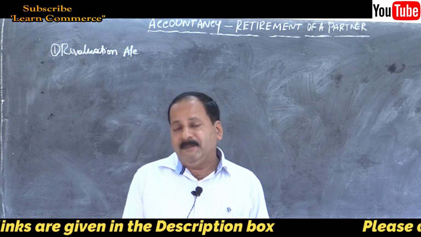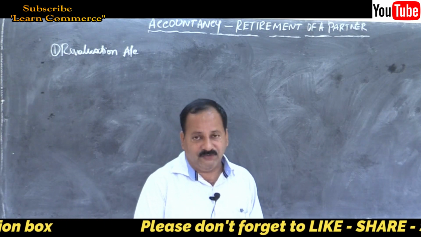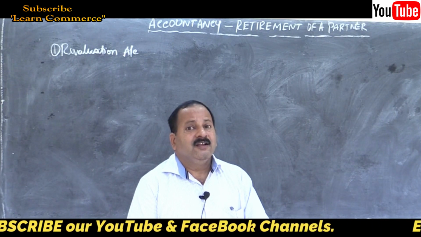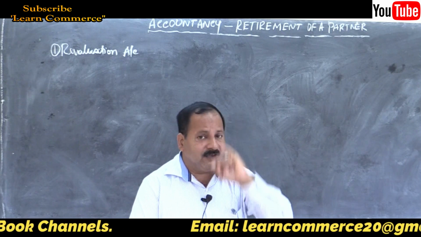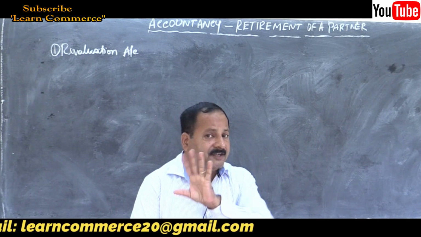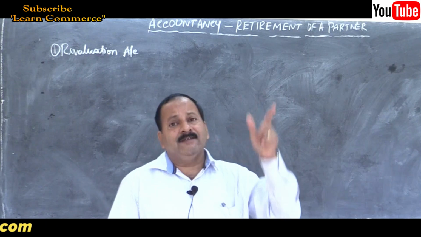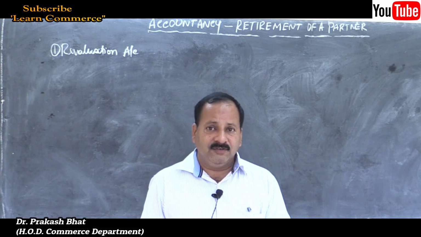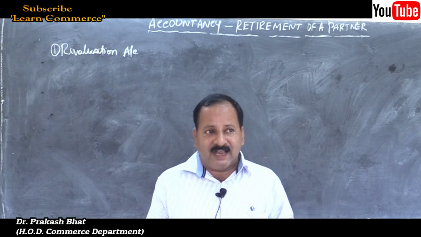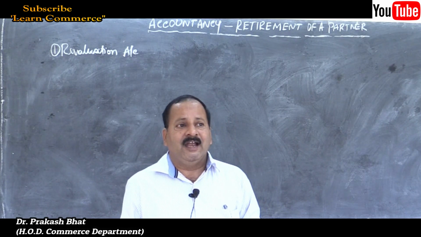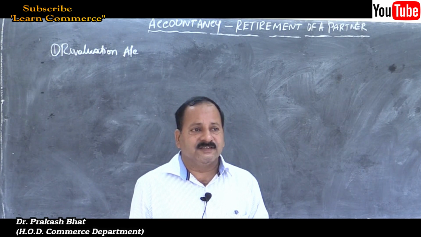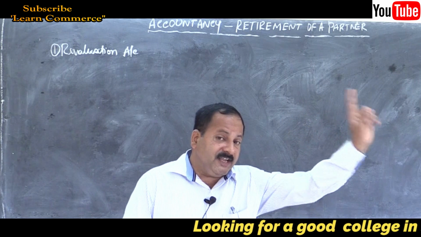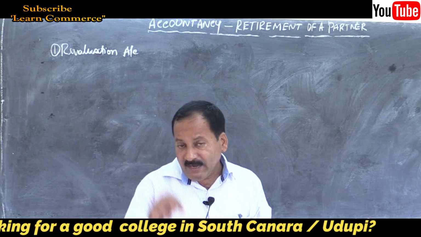As you have already solved many problems on that, you are very much aware of it. In the same way we will prepare revaluation account. We will see the increase in the values of assets and decrease in the values of liabilities. That part will be credited to revaluation account, and increase in the values of liabilities and decrease in the value of assets, we will debit it to revaluation account. We will compare the total of both the sides, debit side and credit side, and the final balance will be transferred to the capital accounts of old partners only in their old profit sharing ratio under admission.